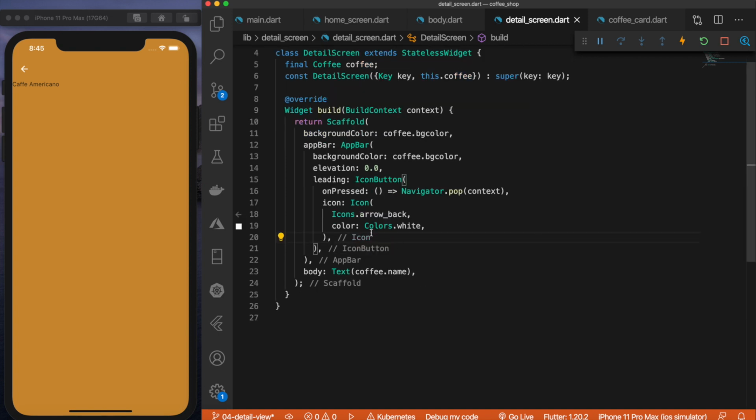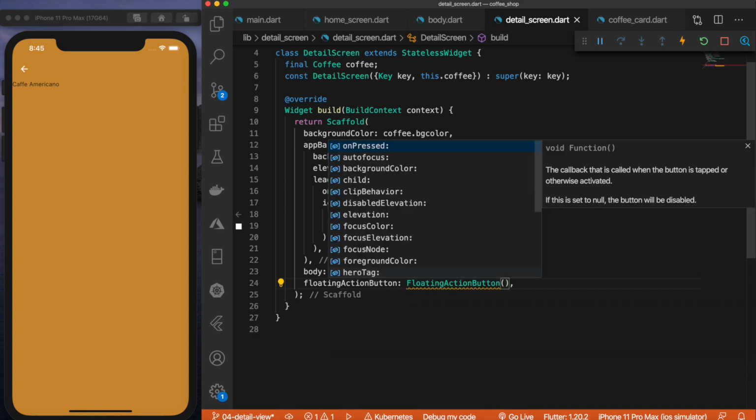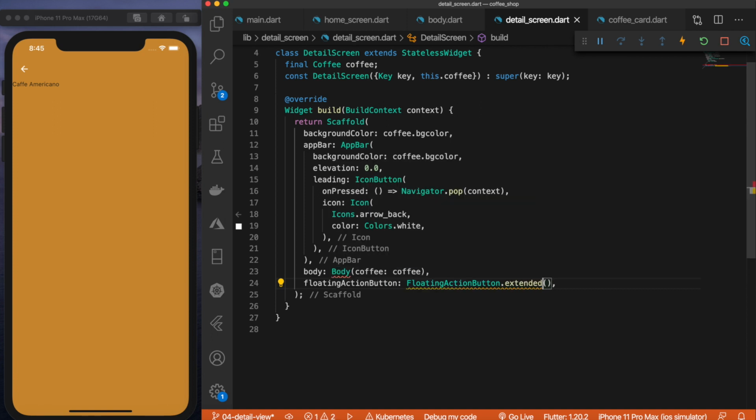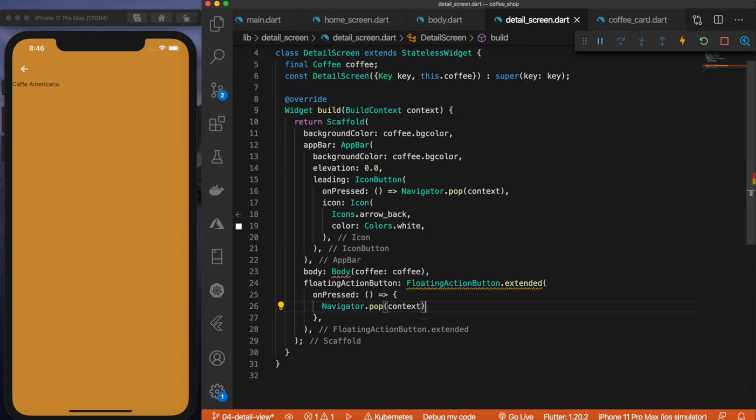Okay, next up, let's fix this body. So we're going to make a body class, passing in the coffee. But before we make that class, let's declare a floating action button. And this button will float on the bottom right, and it will be the add to cart button. So we'll say FloatingActionButton.extended, and on pressed, all we want to do for now is, again, just Navigator.pop, so go back to the last page. But if you were building an actual application, you'd obviously save this to some sort of database or something. And then just for our sake, we'll print added that coffee to cart